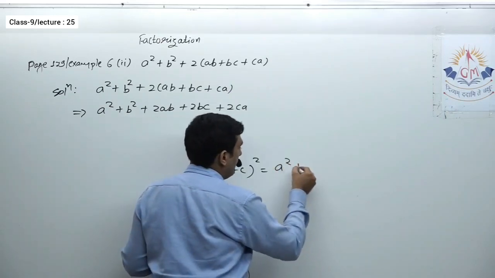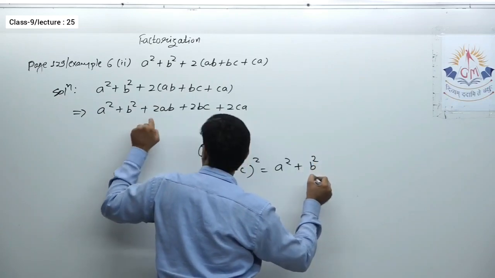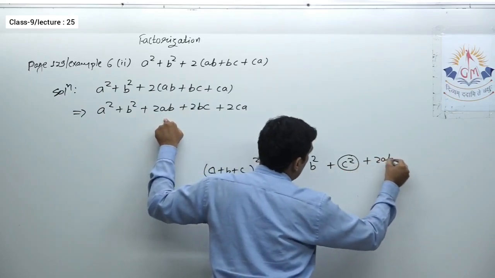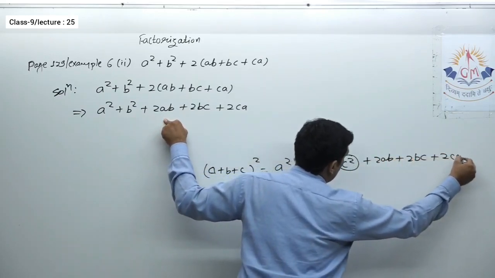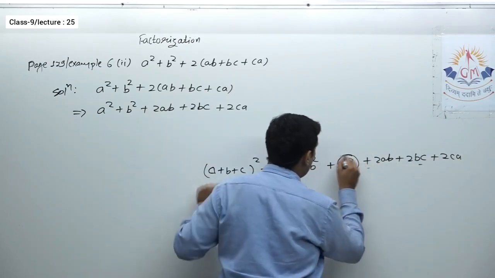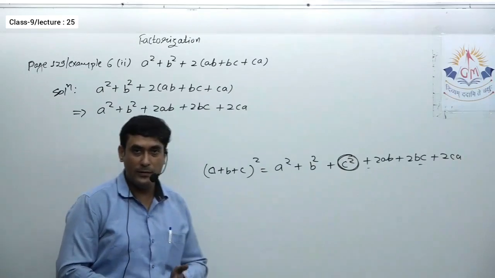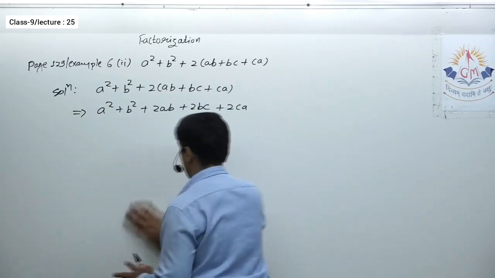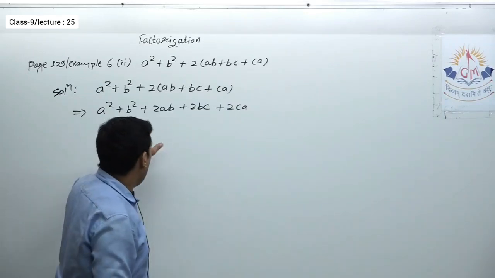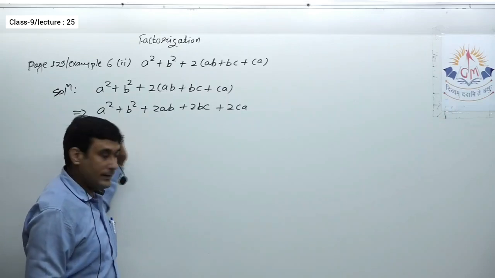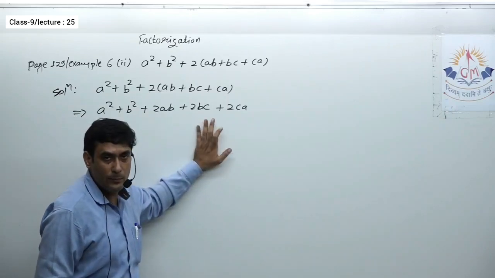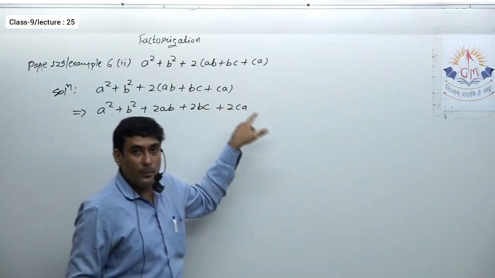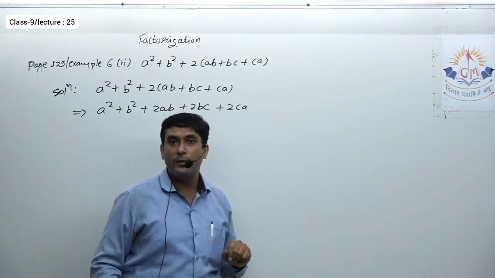If I expand this, not all, but I will get 5 parts. What I will get? A square, which is given over here, then b square, which is already given over here, then c square. Now this is not given over here, then plus 2ab plus 2bc plus 2ca. Remaining all parts are given. The only one part, that is c square, is missing over here, isn't it? So now we have to use this identity to find the factors of the given expression. Okay, so if I add c square over here, then I will get the complete identity of a plus b plus c whole square, isn't it? But as I am adding c square, to compensate that, I have to subtract c square as well, isn't it?